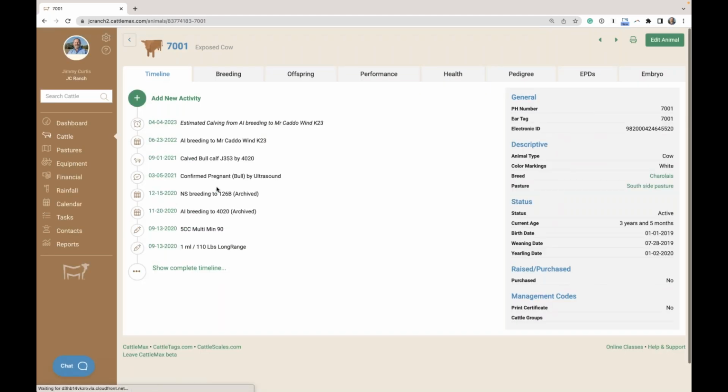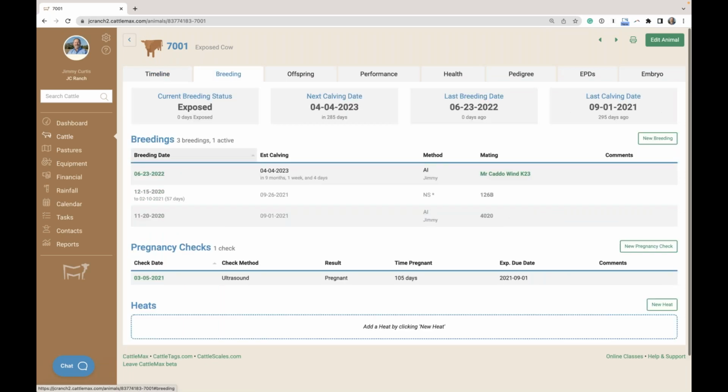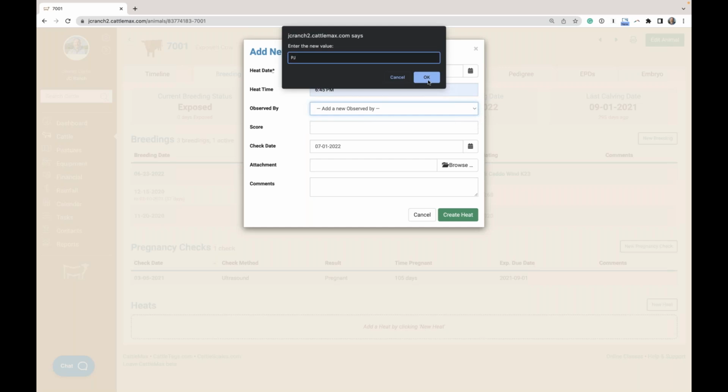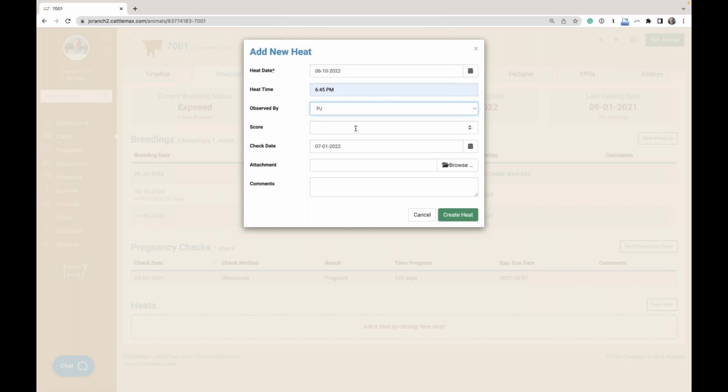But we can go to the animal, and on the breeding tab, here's the heats. Record a new heat. Whatever day you saw them, we'll back up a few days. You can keep the time. I like to know what time mine are because I base my breedings on so many hours after the time. Who observed it,